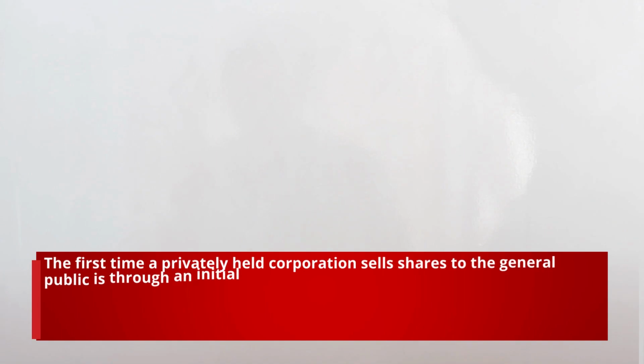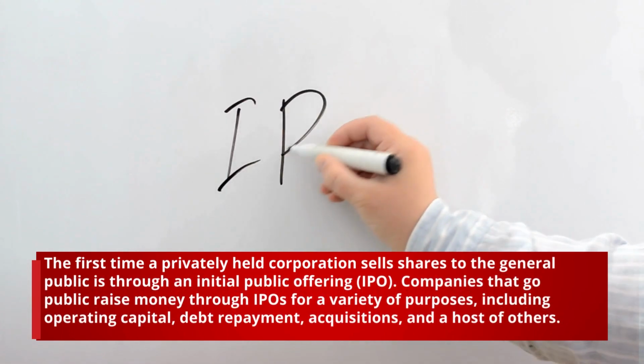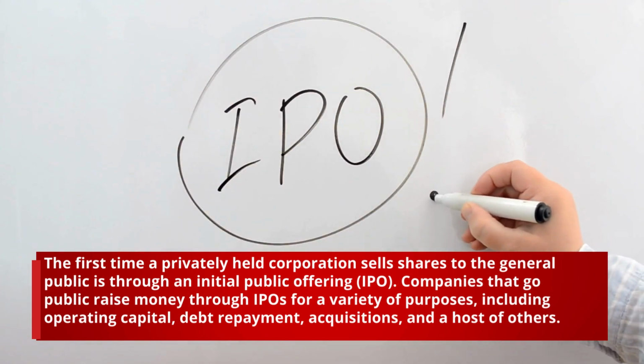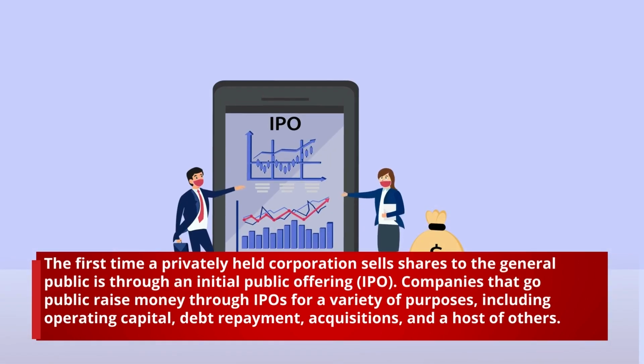The first time a privately held corporation sells shares to the general public is through an initial public offering. Companies that go public raise money through IPOs for a variety of purposes, including operational capital, debt repayment, acquisitions, and